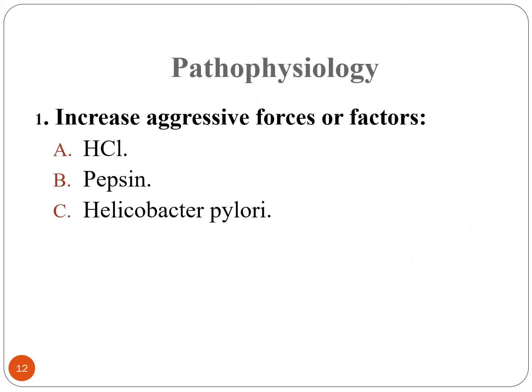The pathophysiology of the peptic ulcer is either due to increased aggressive forces or factors. These aggressive factors include HCl, pepsin, and Helicobacter pylori. As you know, this bacterium especially colonizes in an acidic pH, and this environment occurs in the stomach, the low pH stomach. So this is considered one of the pathophysiological mechanisms by which peptic ulcer can develop,